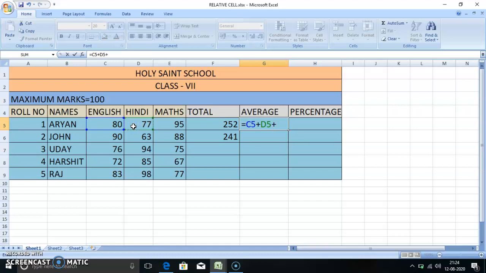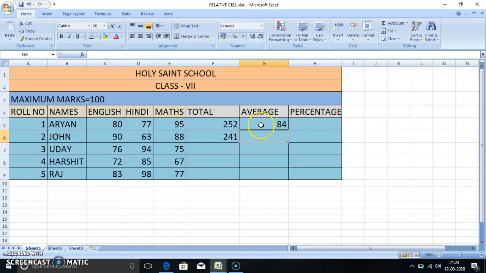Then again plus, maths marks are in E5. Now we have to put the bracket here. Then after the bracket, the division symbol. Here 3 subjects are there: English, Hindi and Maths. So total 3 subjects, we have to divide by 3. After completing this formula, we press the enter key.